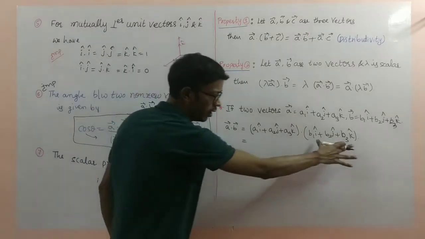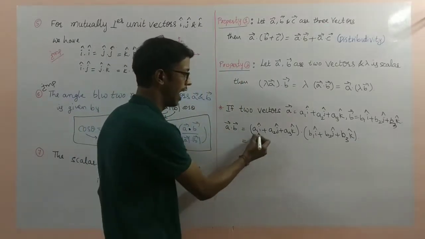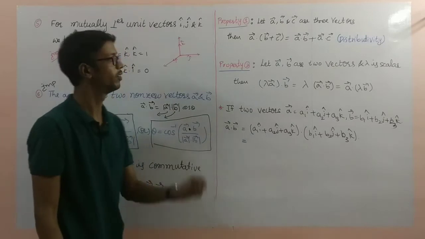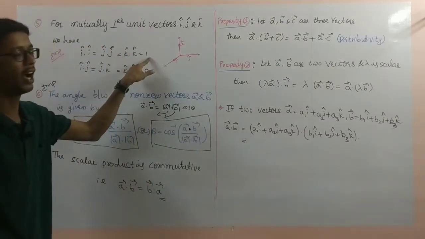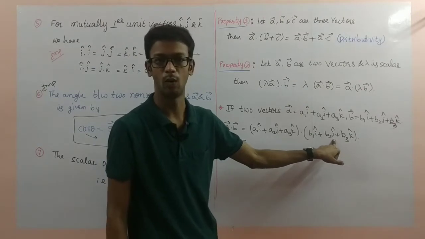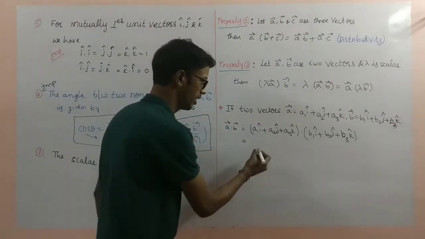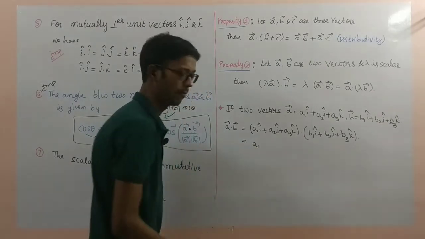A1 i cap into total second vector. So I cap into I cap, as we discussed here, is 1. Next, I cap into J cap is 0. No need to write. I cap into K cap also no need to write. We just have to write A1